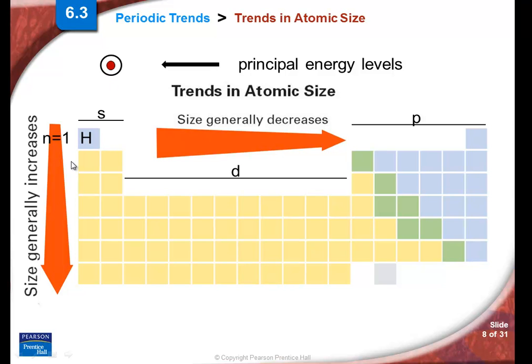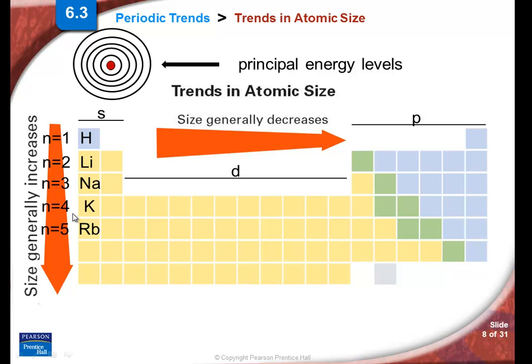But then when we go down the group to the next period, that third electron is in the n equals 2 energy level. So we've added a whole other principal energy level. That's like the next ring. And then as we keep going down, sodium, electron number 11, is going into the n equals 3 energy level,